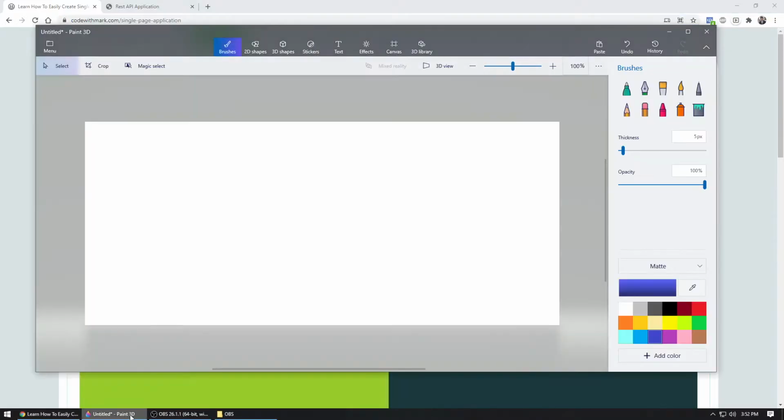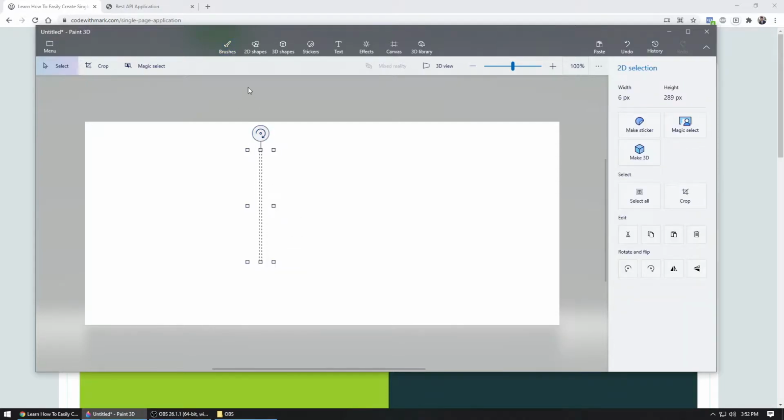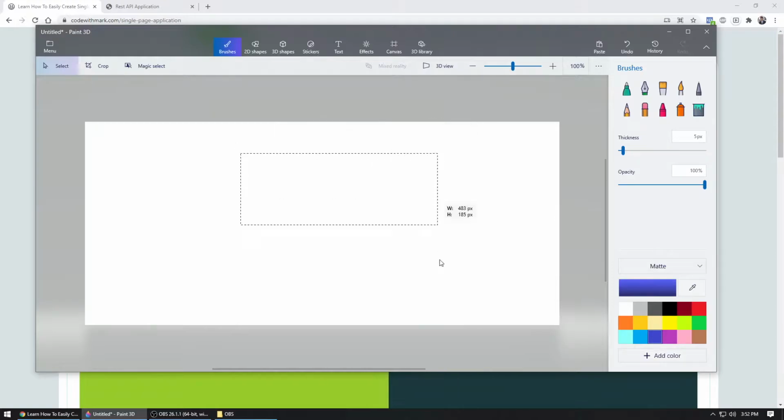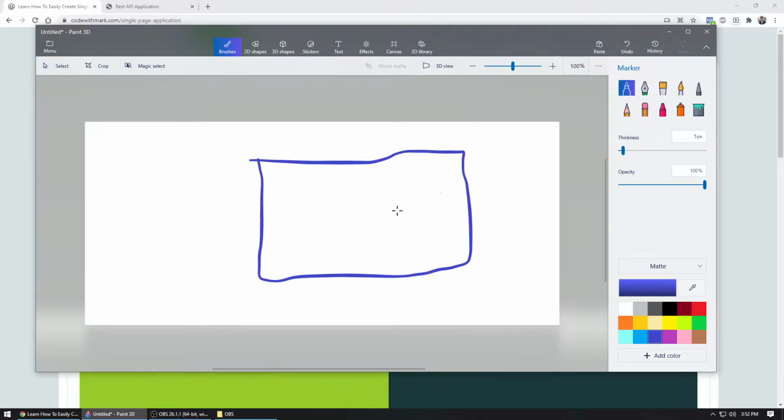Just to give you a better visual, let me pull up my little 3D Paint, and let's say we have this browser right here. So we have our browser, our website, in which we have a container, and then we have a button,